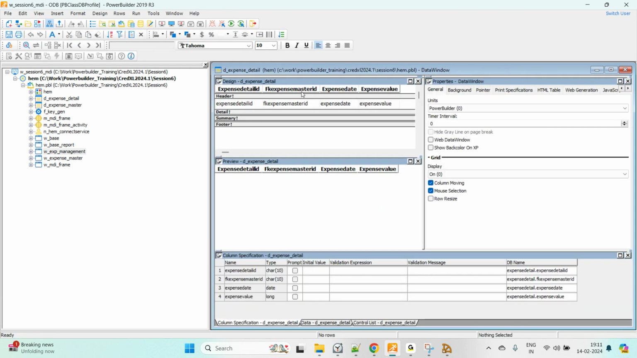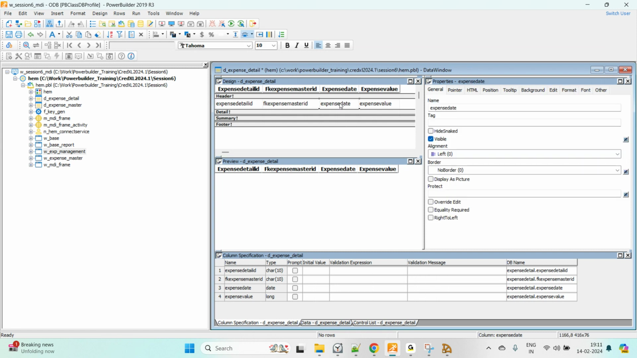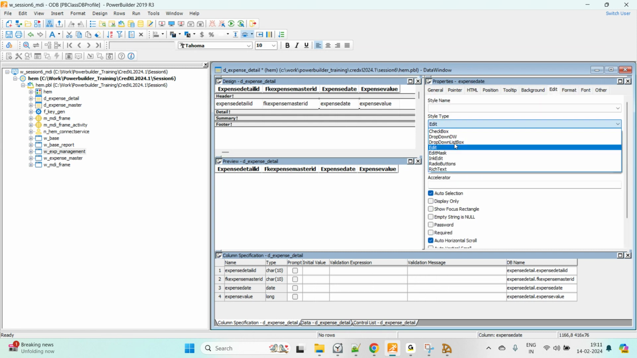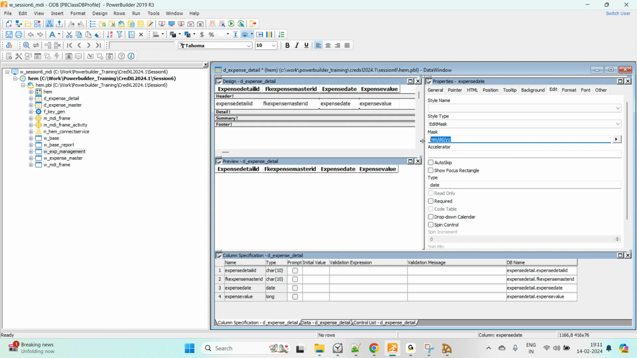Go here, check tab order. So this will be a primary key generation. This will be a drop down. This will be a date. This will be value. So like here date will be, we can mask, add an edit mask, dd mm